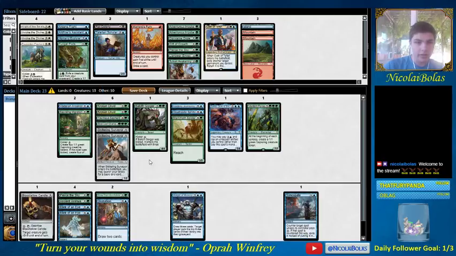Then we'll probably just cut a Tolarian Scholar. We have a lot of 3s. Tolarian Scholar is definitely the worst one. And that lets us have a little bit more green in our deck. Though we do have Surveyors to help us find green, so...